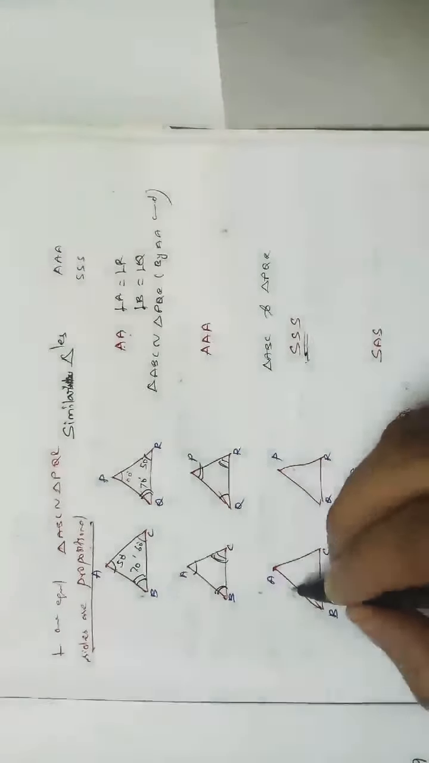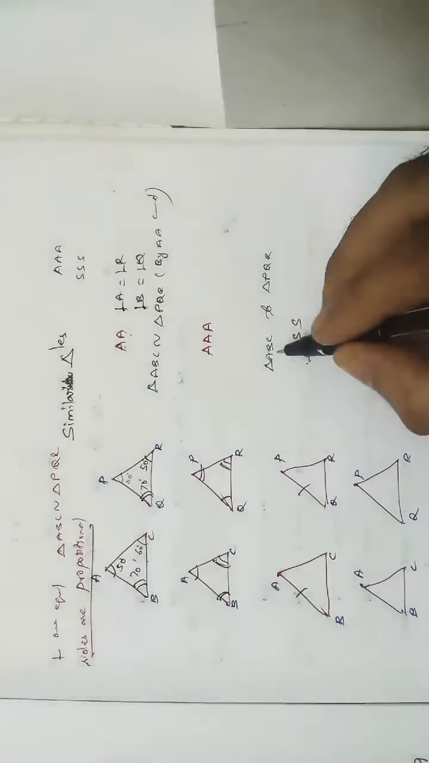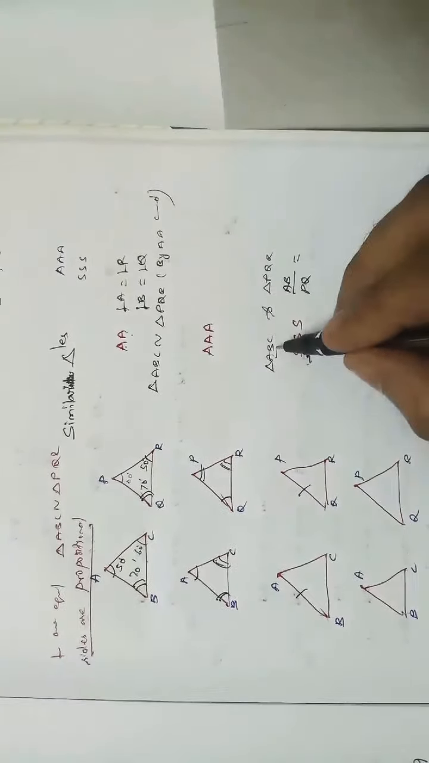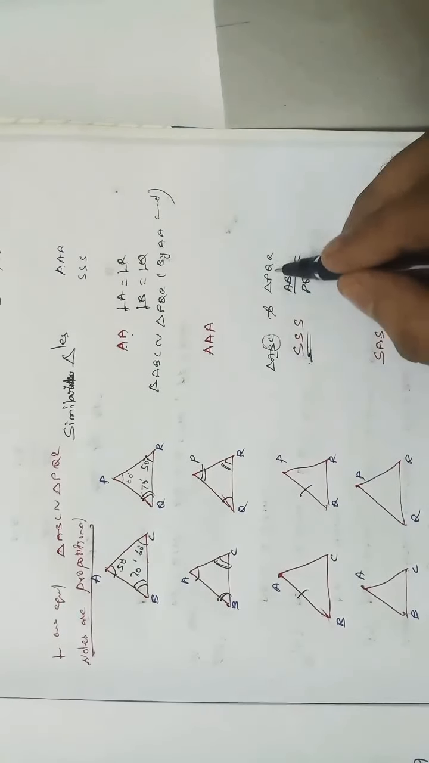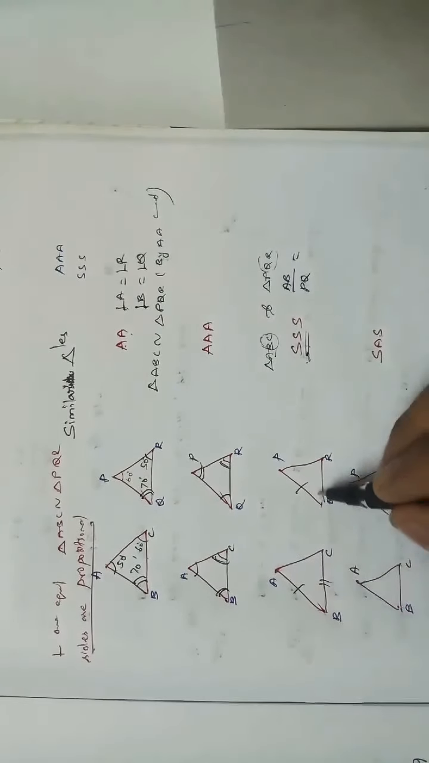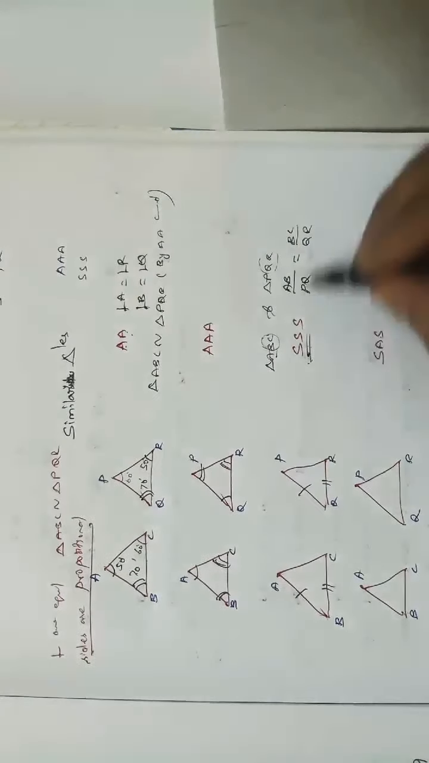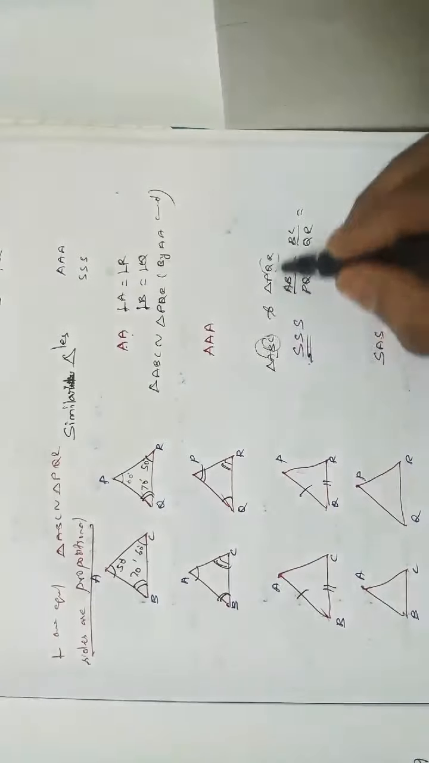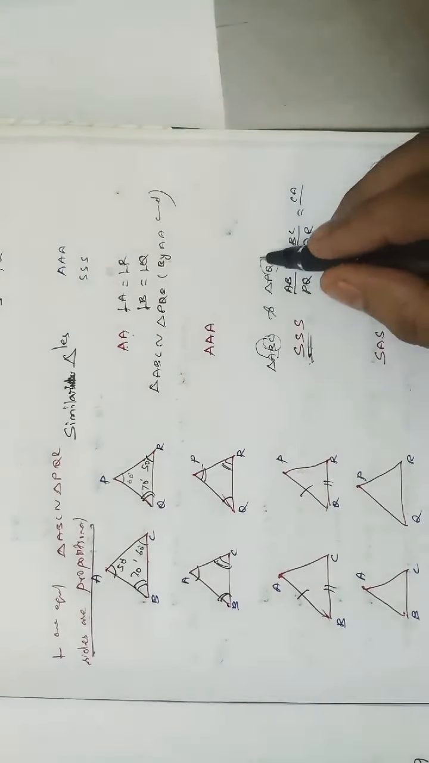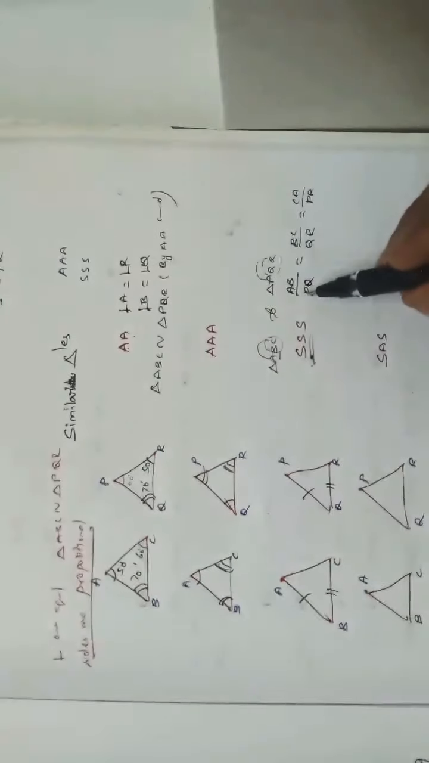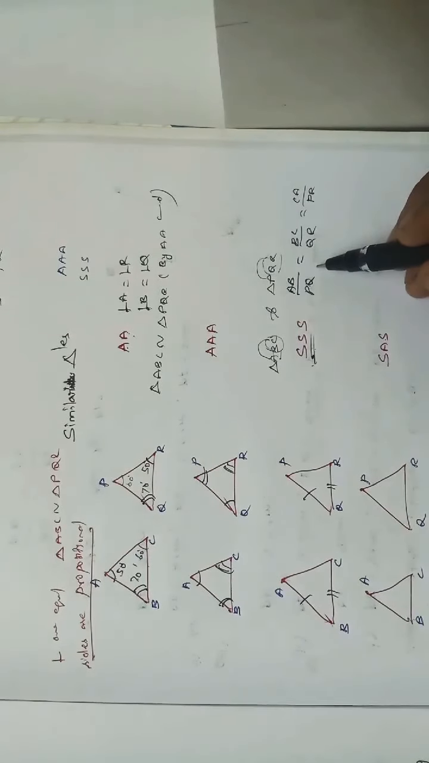AB divided by PQ is equal to BC divided by QR, which is equal to CA divided by RP, or PR, whatever it may be, right? CA divided by PR. Understood? So if the three sides are proportional to another triangle's sides,